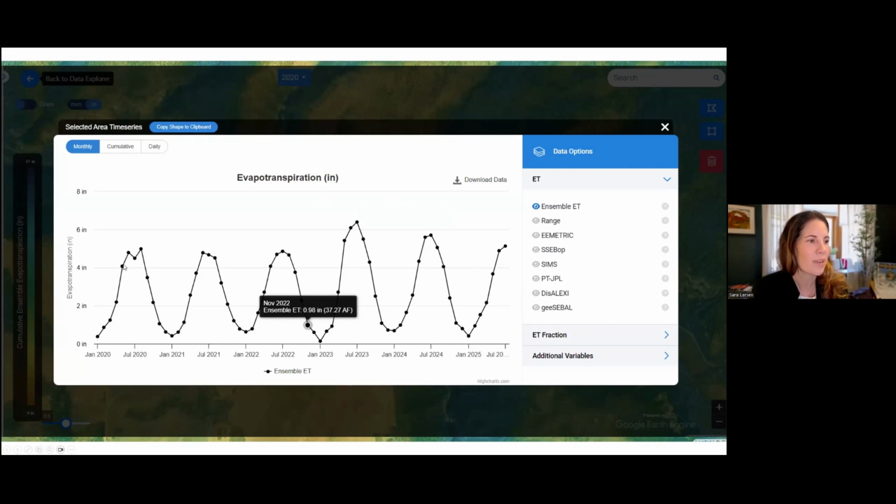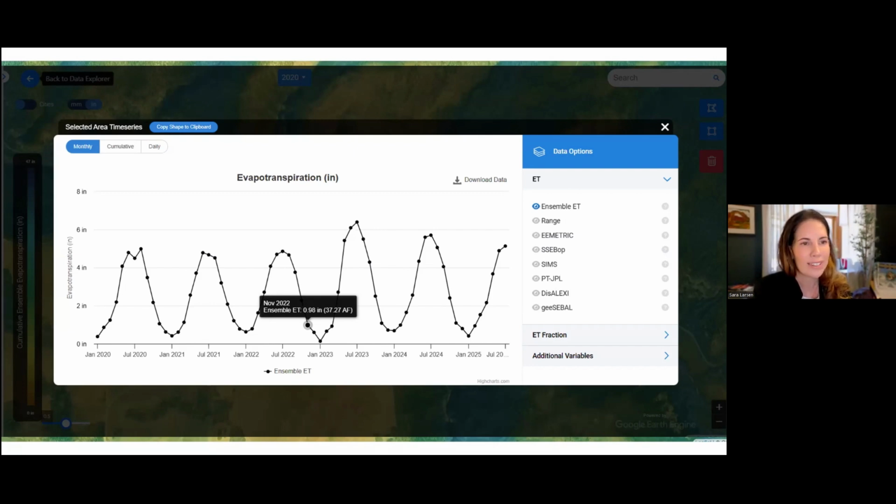So we have 2020, where ET is peaking at about 5 inches. That again in 2021, in 2022, which was a really dry year for the Grand Junction area, you see a little bit of a drop. And then 2023, which was one of the wettest years that we've had, a big pop, and then back to normal. So being able to track at least some of the climatology that's associated with the riparian corridor is really